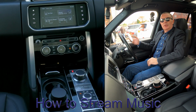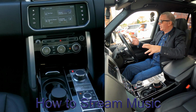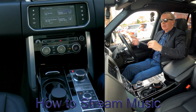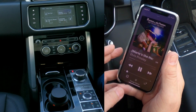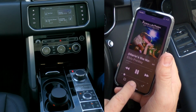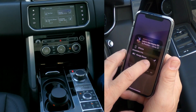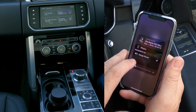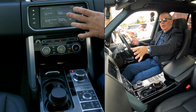Okay, we can also stream audio through the Bluetooth system in this 2016 Range Rover Vogue. So from any screen, first of all, if we go into music here, you'll see at the bottom Range Rover. Now if I click on that, there's a tick next to Range Rover and you've got iPhone. That means that any audio that plays through your iPhone will come through the audio system in the